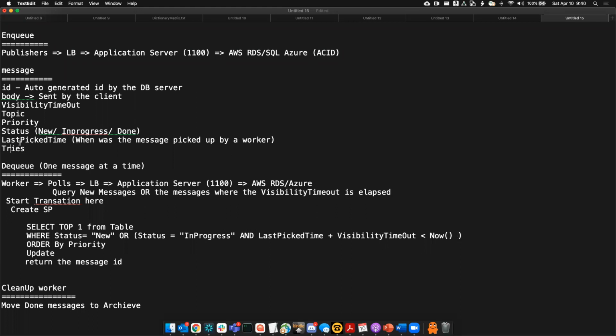So here we are going to basically say tries is less than max tries. Okay, and then when we are updating, we'll update the status, the last pick time, and tries. And then we'll have a cleanup worker. It will do two things. It will move the done messages to archive, or